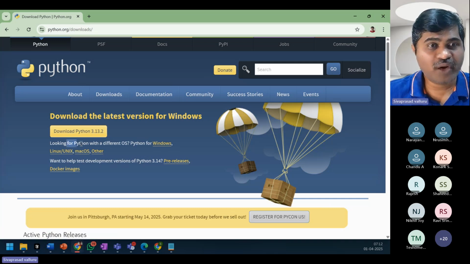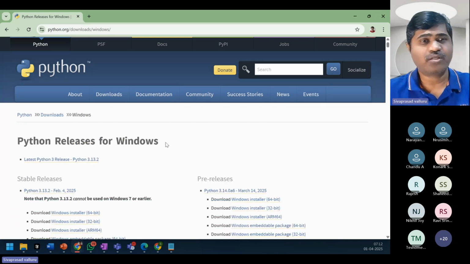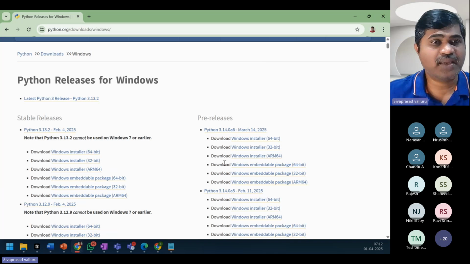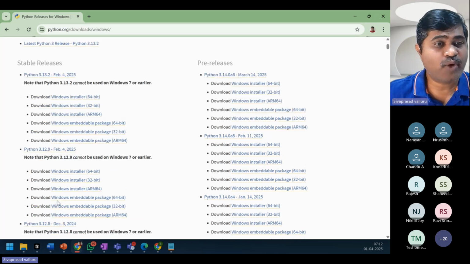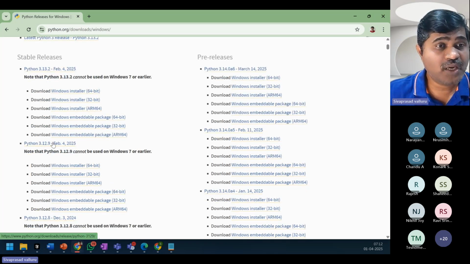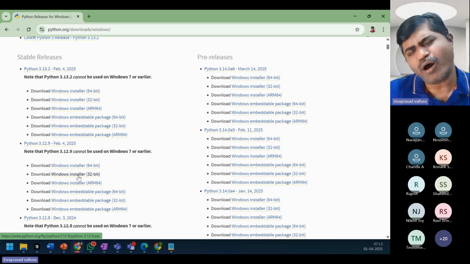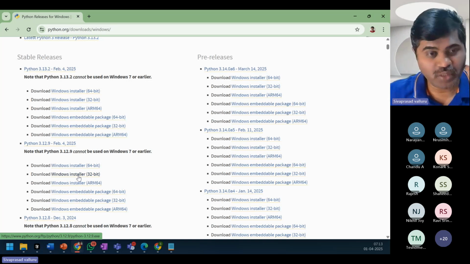If you're looking for Python for Windows, let me just click on this Windows. Here you can see there are releases. I wanted you to download this 3.12.9. This is not the latest one, but this is the one which we want to use. You can download the corresponding installer and then take all defaults and install.